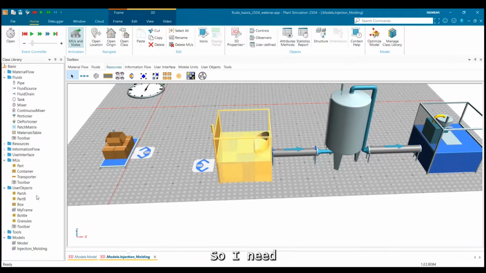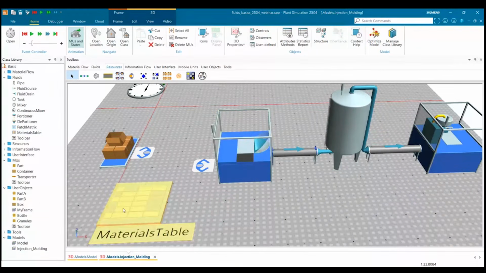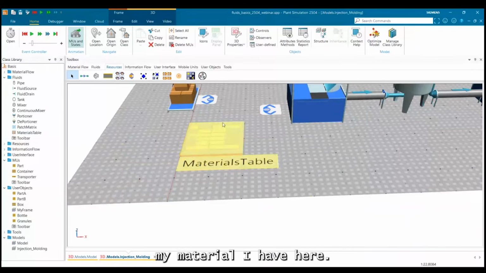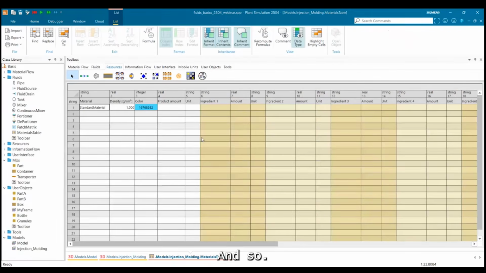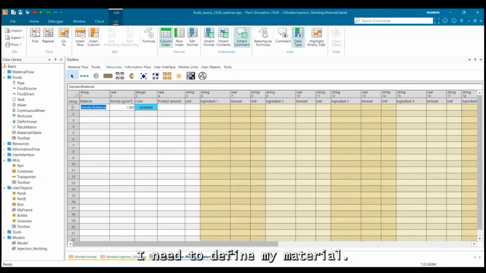So I need a materials table here. And I need to define my material I have here. Okay, it's fixed. And so I need to define my material.